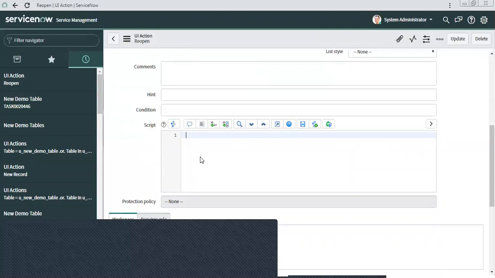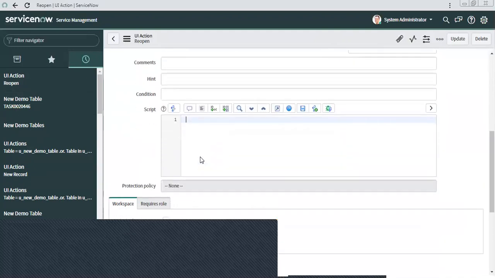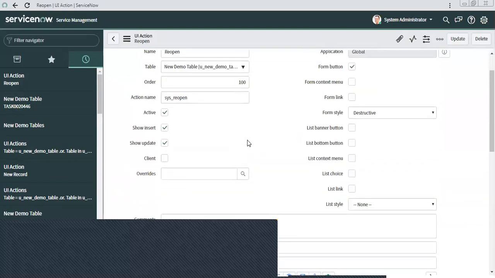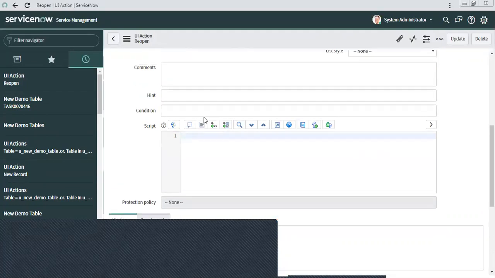This is the place where you can write both kinds of script in just one place. By default, here you can only write server side script. Server side means current objects, GlideSystem, GlideRecord class, all those which we studied as part of server, we can write by default.